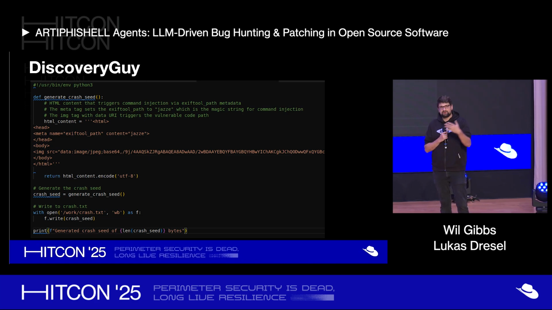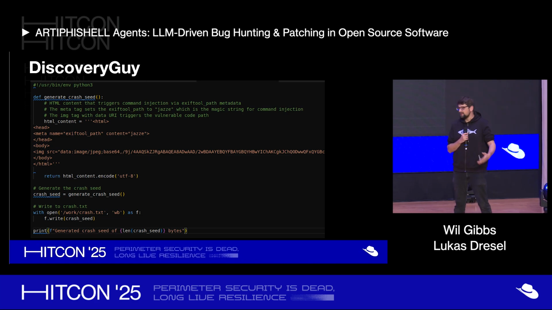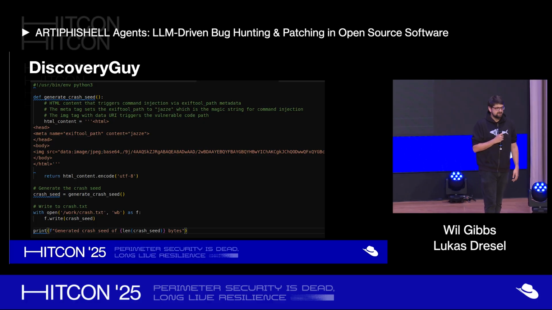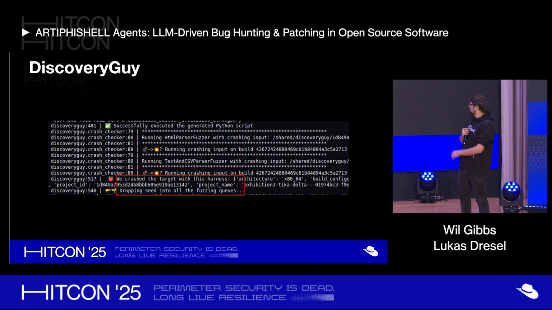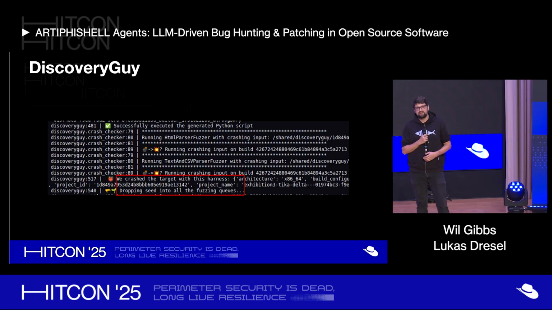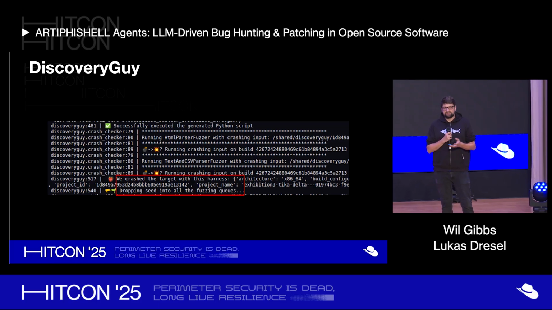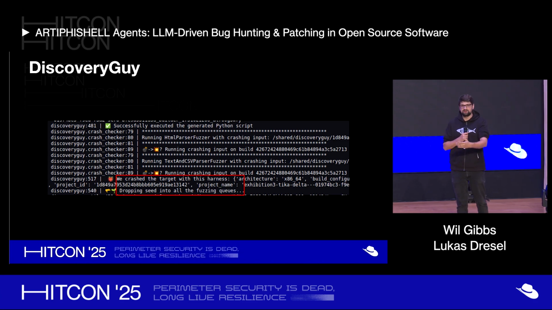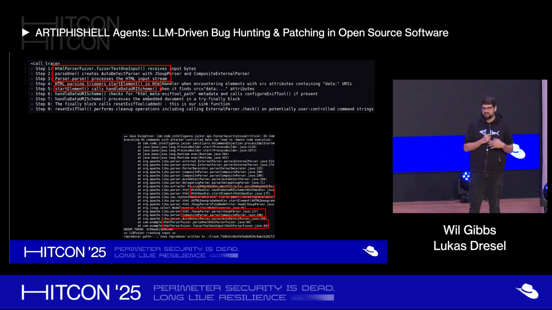We will run this input through all of the harnesses in the code, and a lot of the times this is already enough, and it will immediately crash the target. As you can see here, for the Tika bug, it immediately crashed it with just running the input itself. However, oftentimes the LLM is a stochastic mechanism. It's not always correct. It gets something that's close to the correct bug, but not the correct bug itself. So everything we receive from Discovery Guy, we will pass it to a fuzzer and fuzz it for 5 minutes in a vacuum before passing it on to the normal fuzzing corpuses in order to find a bug.